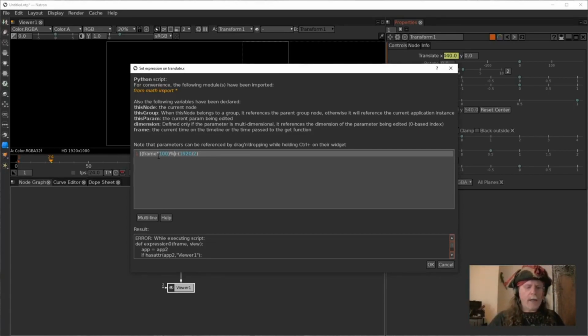So in our case, what we want to do is we want to say the screen width. Every time it gets to the screen width, which is 1920, so I'm going to say 1920, it's going to reset. It's only going to give us the remainder of our frame multiplied by 100 and then divided by 1920. So it's going to start off with 1. It's going to go all the way up to 1920, and when it gets up to 1920, when it goes to